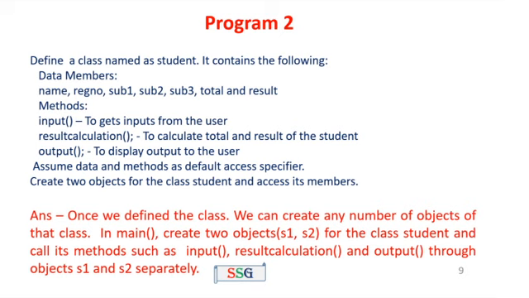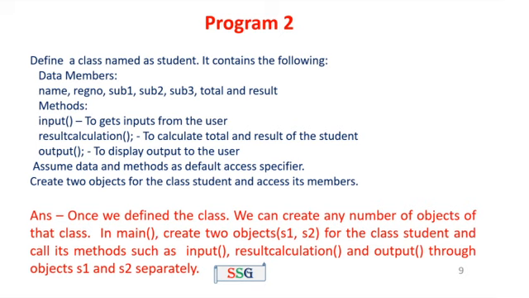That means in the student class definition, you need not change the student definition part. We only have to change the coding in the student demo class, not in the student class, because the student class definition is over. So we only have to write the coding in the student demo class. In the main function, we create 2 objects.